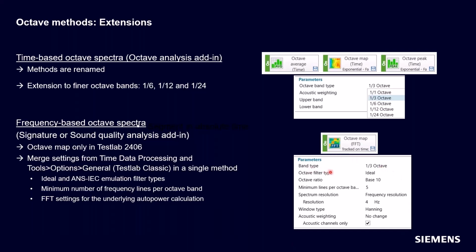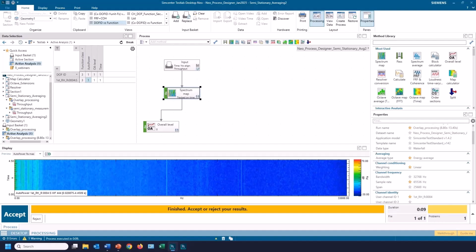So here in the method, we can pick the octave filter type, the octave ratio map, and that's the octave ratio, as well as the minimum lines per octave. And as long as you have 4 spectral lines within the octave band, it will keep that octave band. So if I show that in the software, so if I switch to that section,